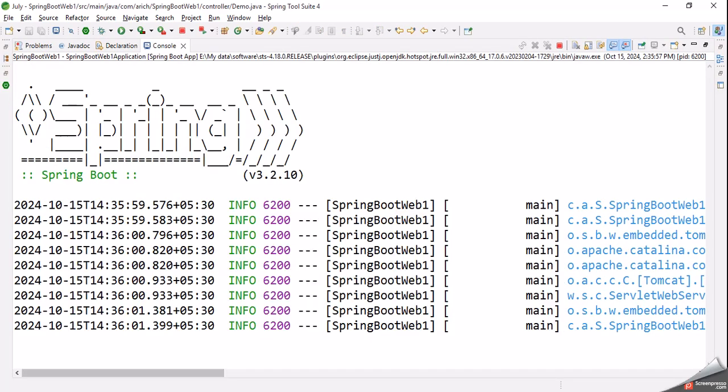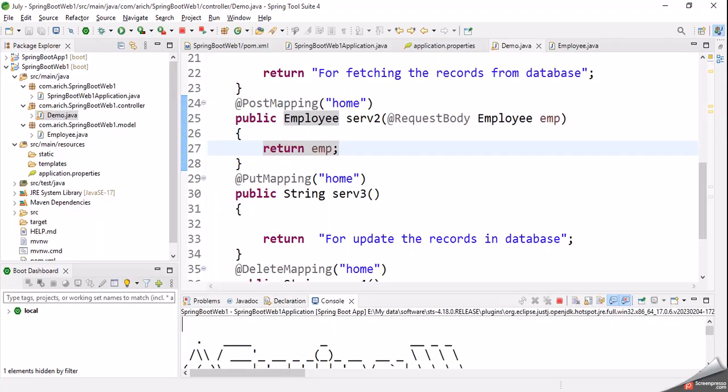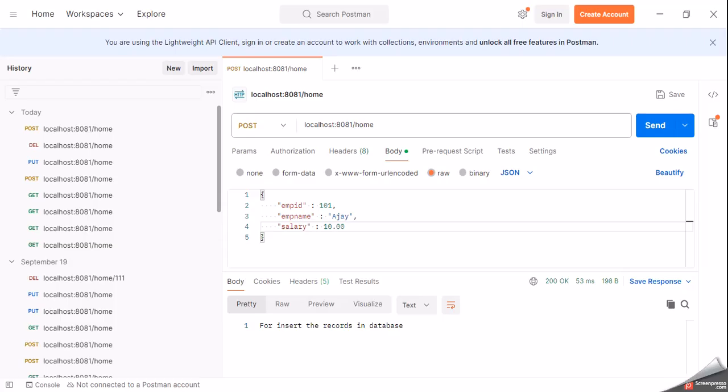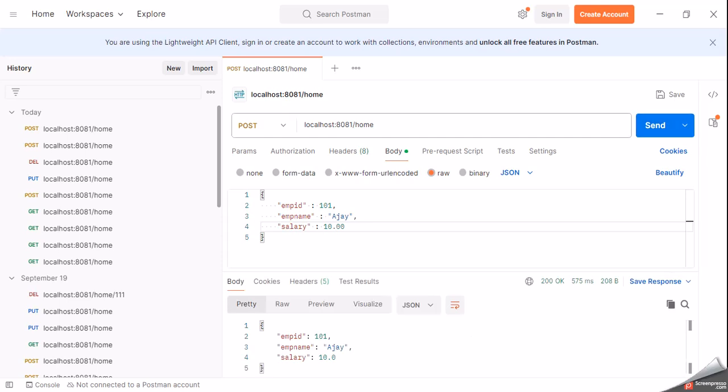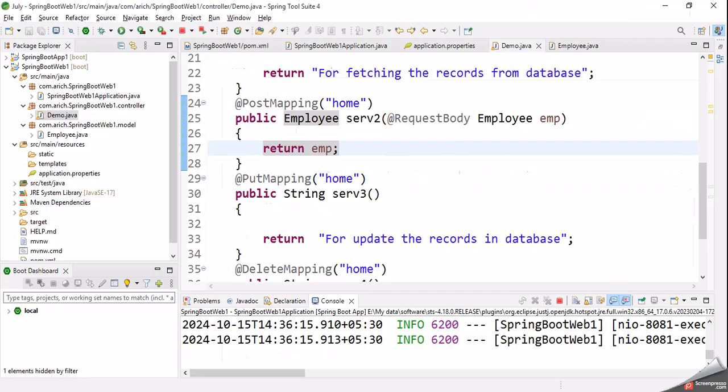Okay, after that we can send the request for post. Click on send. You can see this, it's working. So we only use @RequestBody, and we can transfer the value and save in the object of